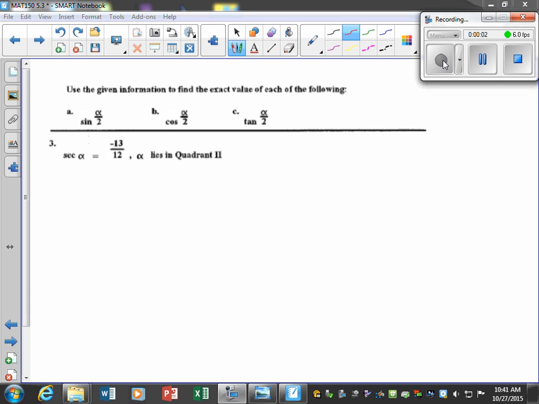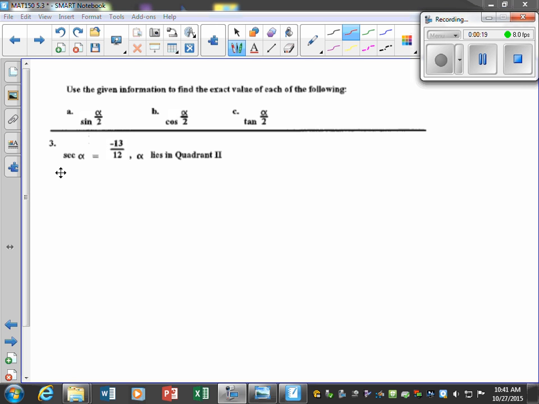Alright, now we're going to do some half angles. So for part A, we're going to do the sine, part B, the cosine, and part C, the tangent. So let's just do one at a time. And first of all, let's pretty much use our given information and calculate everything we'll need to know ahead of